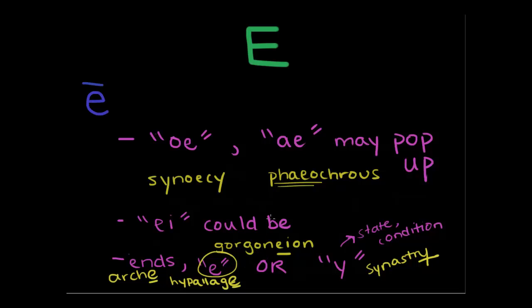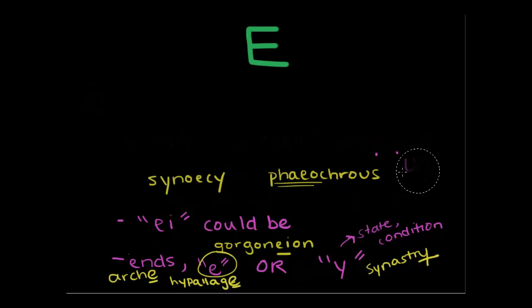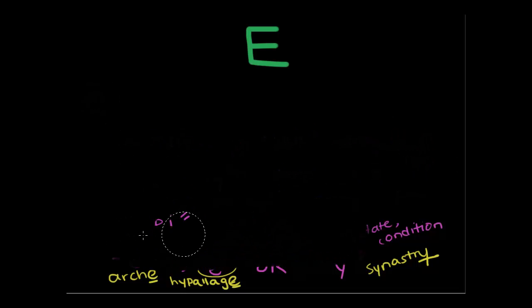So I hope that clears up the E sound. One thing to remember is that the roots are very important here, as they are in most cases, but here they're especially important because there are so many ways to spell a certain sound. But pretty simple. You should be able to figure out which one it is using your root knowledge, or just trying to figure out or imagine the word. Okay, so that covers long E, and now we're going to go to that schwa with the dot on top,